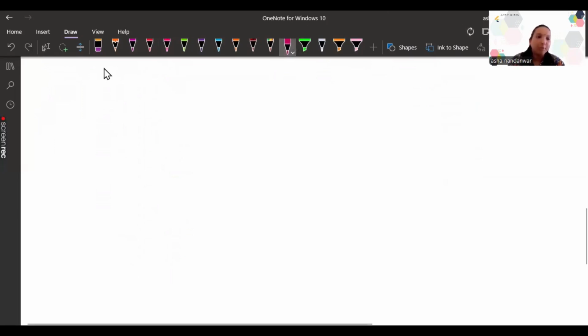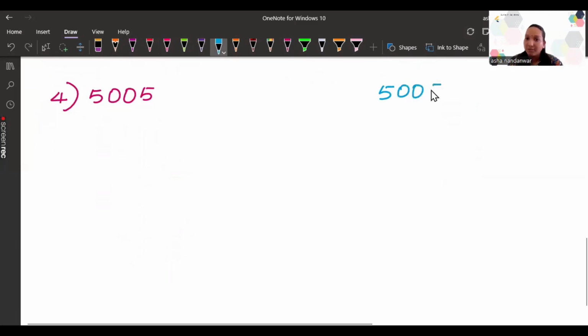Which is question number 4. The question is 5005. Let's get started. Again, in the ones place, we can see that the number is 5. So which prime number are we going to take? We are going to start with the number 5. So 5 ones are 5, 0, 0. Again, 5 ones are 5. Now, what is the next number that you could take? Any guesses? Any idea? Can we do it with 3? Can we do it with 5? 7. Let's try it with 7. 7 ones are 7, 7 fives are 35, carry 3.